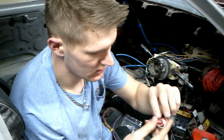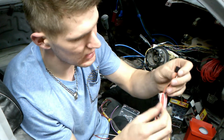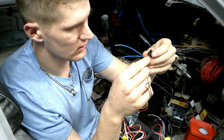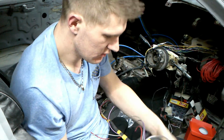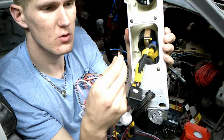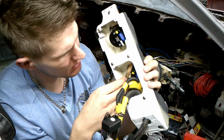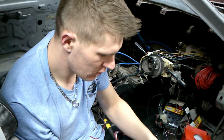Okay, so you're going to start with this clip. Now this clip, again, like I showed you guys, put it at the back of the gauge. I don't know if you can see there in the gauge there's a hole, so that you just plug it in there. There's only one way to install it, so don't force it. If it doesn't want to go in, it means you're putting it in the wrong way. Okay, then when you look at it, you've got